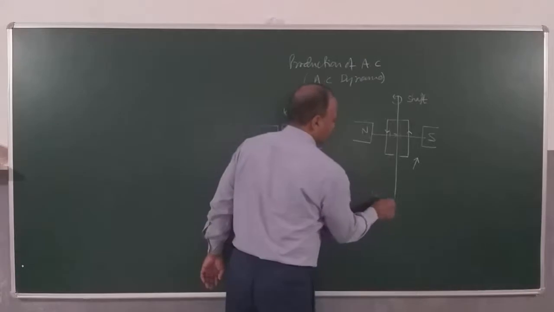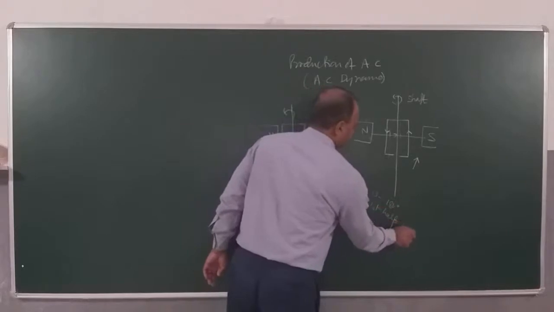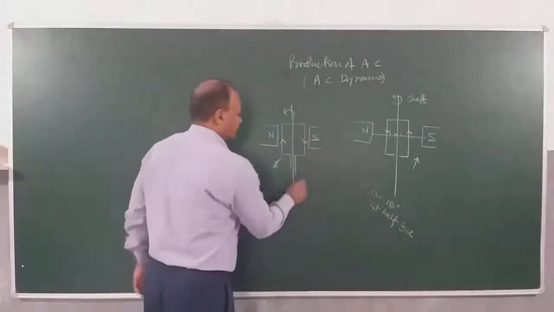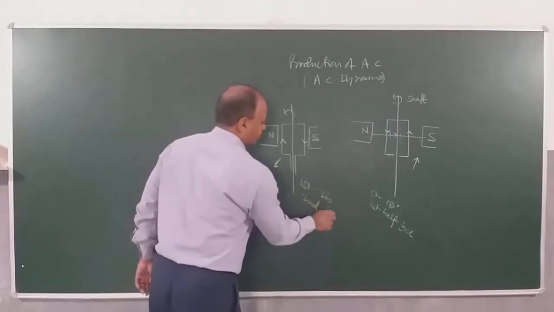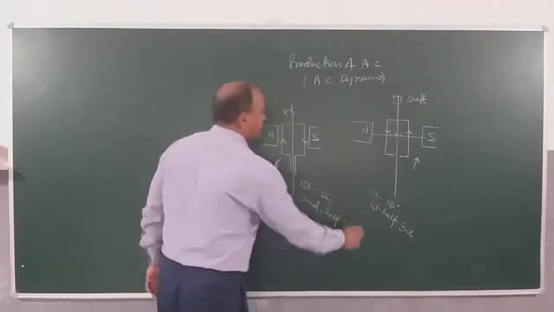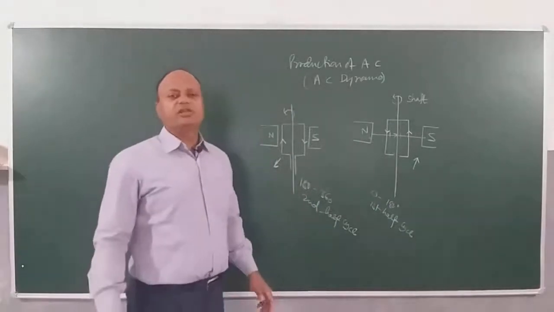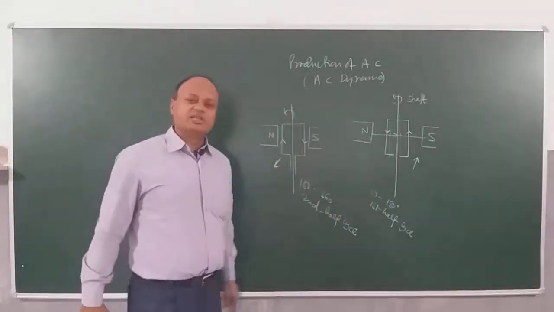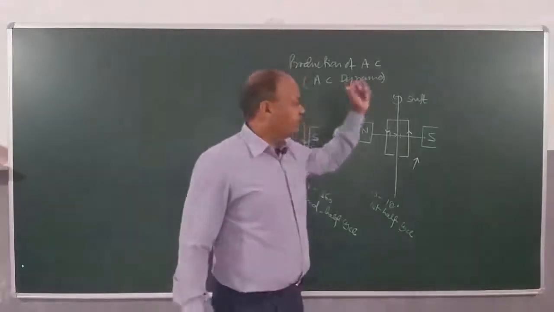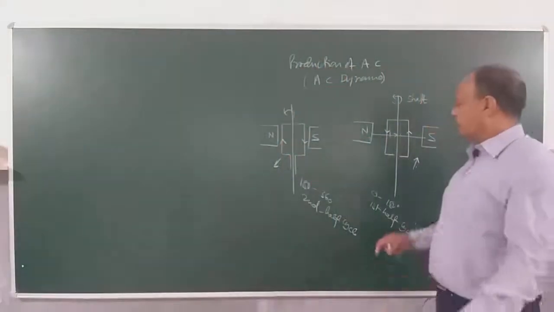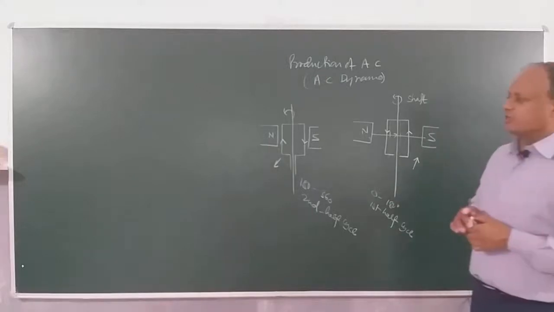First half cycle, 0 to 180 degrees. This is the first half cycle. And this is 180 to 360 degrees. This is the second half cycle. So what do you conclude? When the coil rotates in the magnetic field, the flux associated with the coil will change. When the flux associated with the coil changes, it will produce an EMF. And that is the basis for production of AC. The interesting thing is that for the first half cycle, the direction of current is clockwise. Then for the remaining half cycle, it is anti-clockwise.